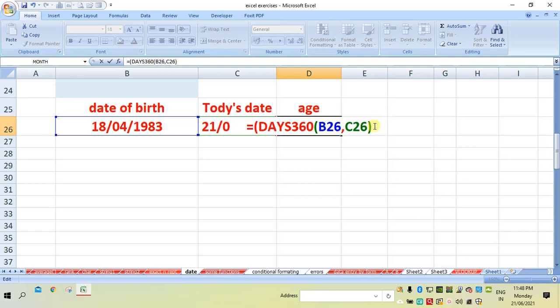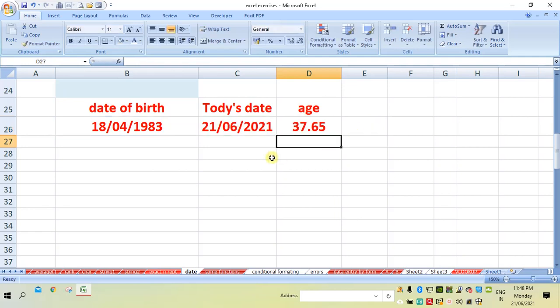To convert them into years, you have to divide this entire thing by 365. So now you will get 37.65, which means the age of the person is 37.